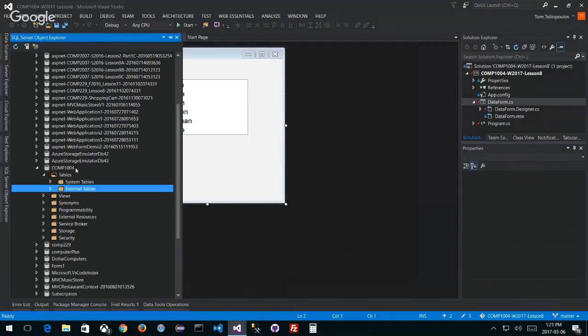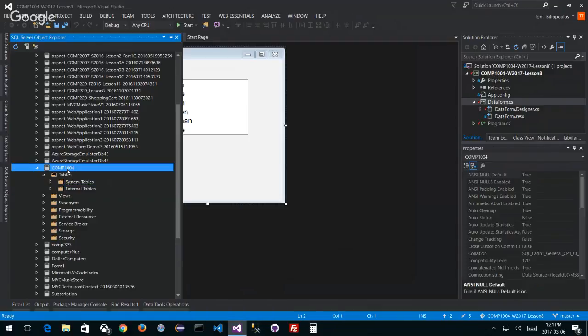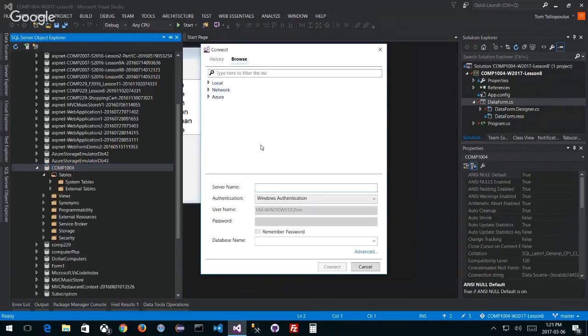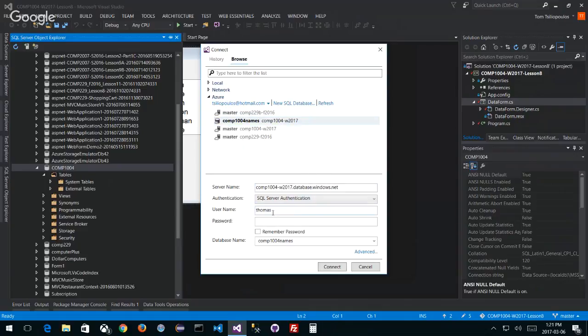All right, so I have my COMP1004 database, but what if I didn't? How could I set up a new database here? I could go up to the top where it says add a new SQL server, right? I could connect somehow to Azure if I wanted to. Notice that if it picks up my Azure, here's my Azure new database that I created, COMP1004 names. And it also gives me my default login and password. I can put my password in, which is just capital G for Georgian,